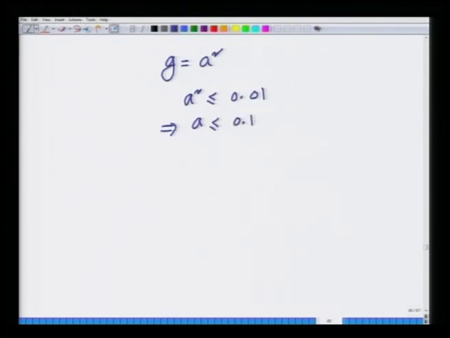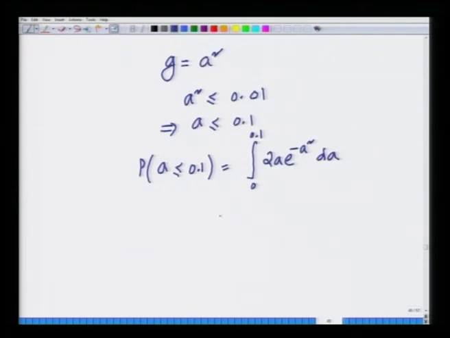Now, we know the marginal distribution of A, or the probability density of A. So, I can simply compute this probability, that is A less than or equal to 0.1, as the integral from 0 to 0.1 of 2A e power minus A square dA, where 2A e power minus A square is the probability density